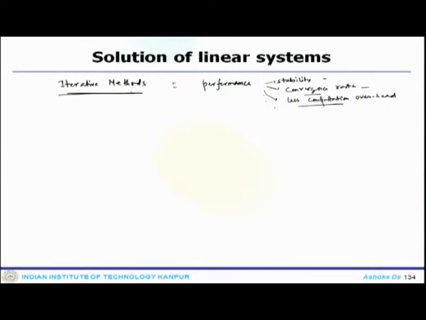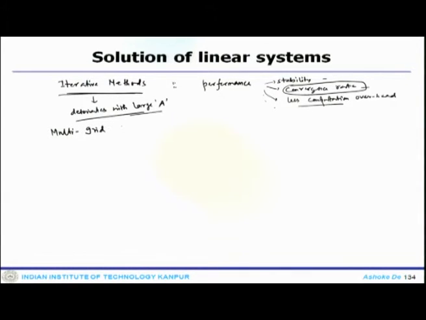Now, in that context, since we are talking about the convergence rate, it not only has to do with which class of iterative method one uses, it also deteriorates with a large A. If the scale or the system size increases, the convergence rate obviously deteriorates. So there is always an effort to improve this convergence rate. One approach that one can adopt is some sort of multi-grid approach.